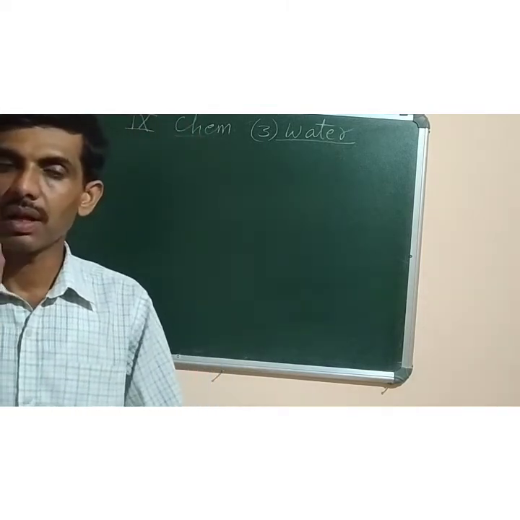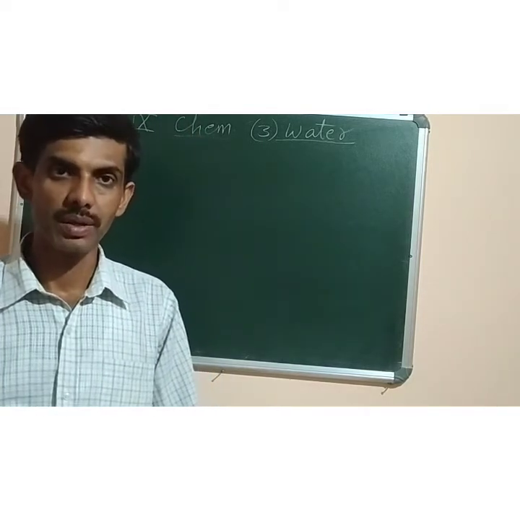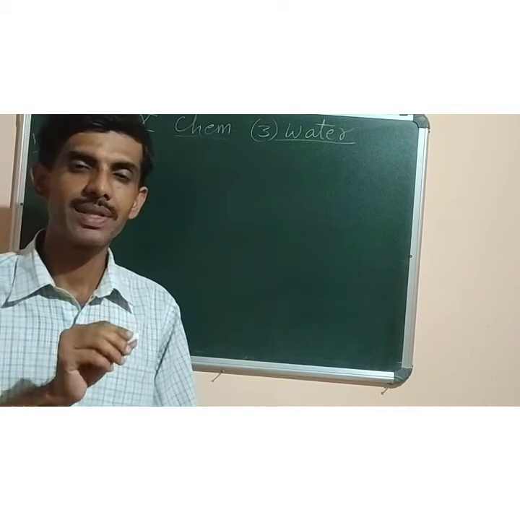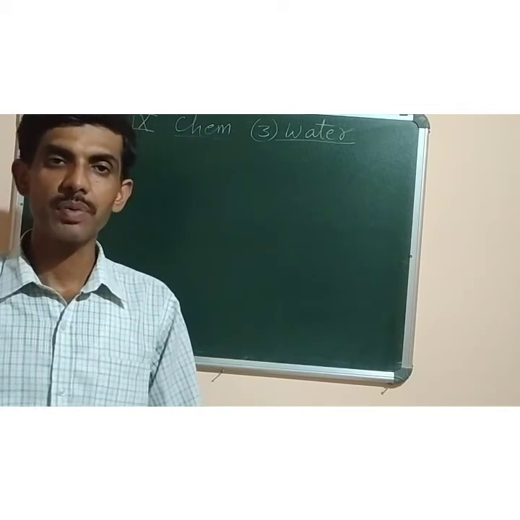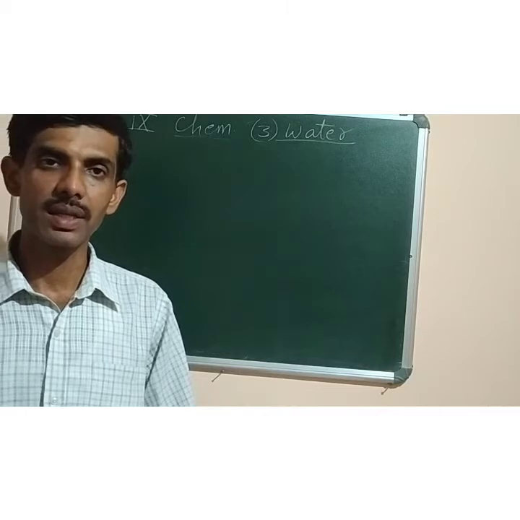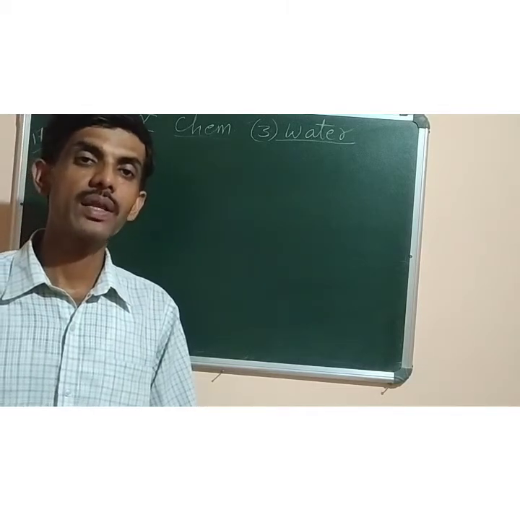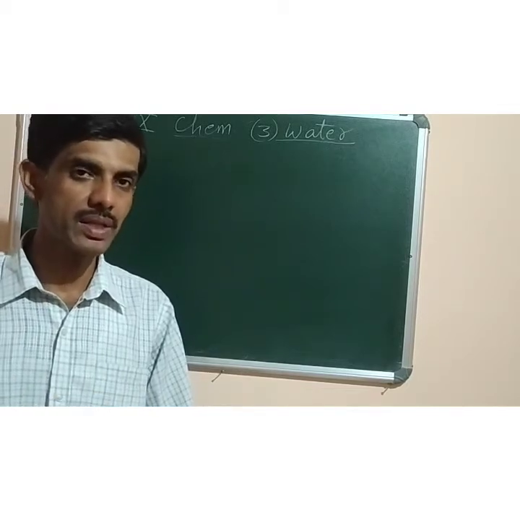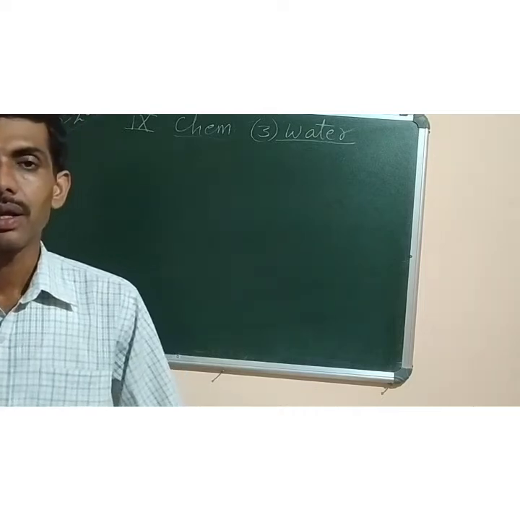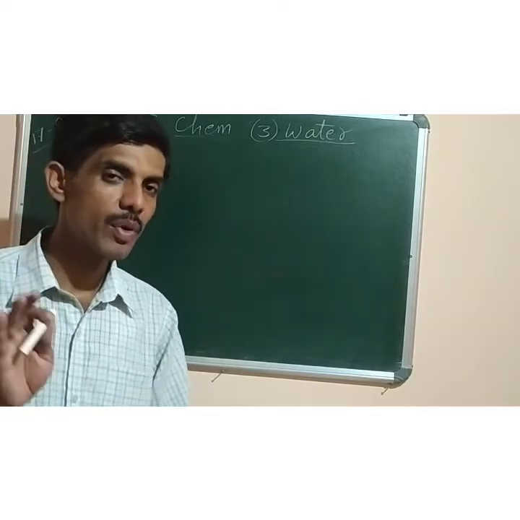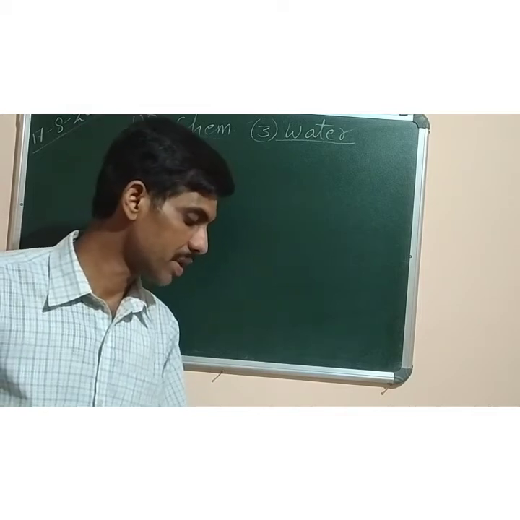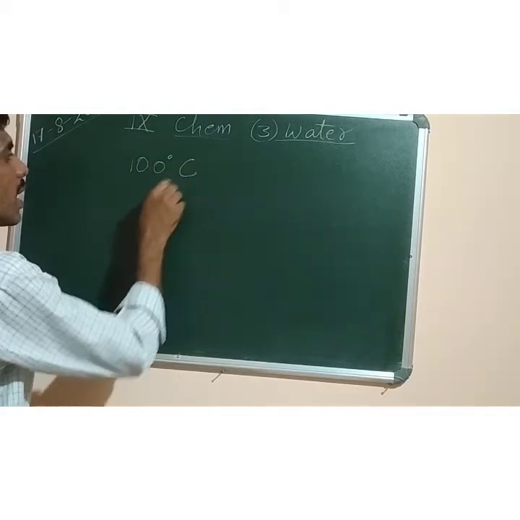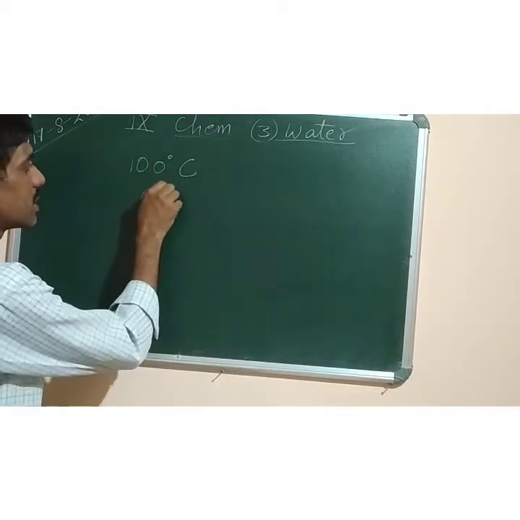Number 2, boiling and freezing point. So first let's clear the definition of boiling point. Whenever the words boiling and boiling point are there, try to differentiate between them. Boiling is the process of changing a liquid into its gaseous state. Boiling point is the temperature at which a liquid changes into gaseous state. So temperature is mentioned in the boiling point. You know that the boiling point of water at normal atmospheric pressure of 760 millimeter mercury is 100 degrees C, that is 100 degrees centigrade, whereas the freezing point of water is 0 degrees C.